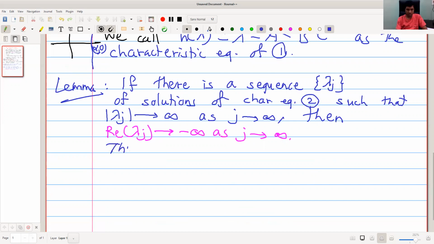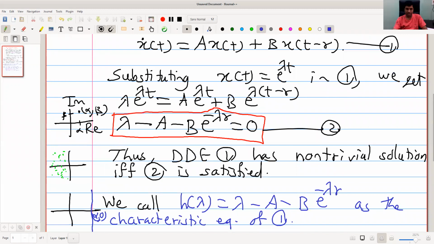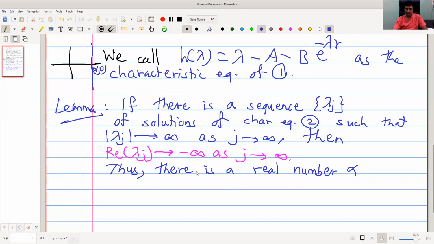Thus, there is a real number alpha. This alpha is different from our previous alpha, where we were assuming eigenvalues of the form alpha plus minus i beta. So this is a different thing. There is a real number alpha such that